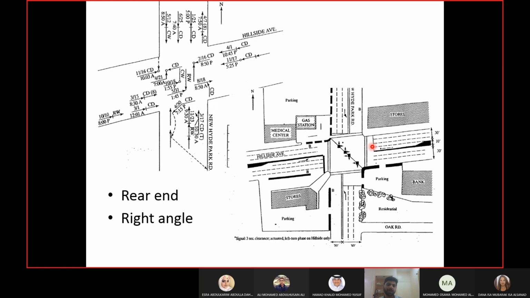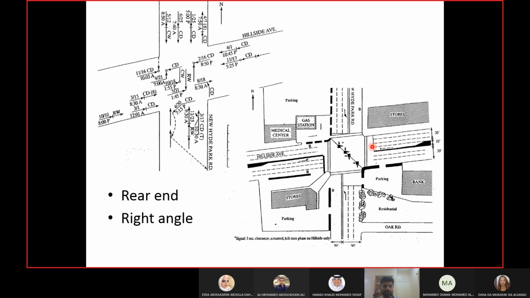Now, obviously, you are coming towards an intersection. What do you expect? You expect the driver in front of you to stop at the intersection. But that poor guy looks at the stop line. He wants to stop there. So maybe this is causing the accident. You think that this is the guy who has nobody in front of him. He should be going towards the intersection itself before he stops, and he is stopping before, at the stop line, because there's a stop line before the intersection.